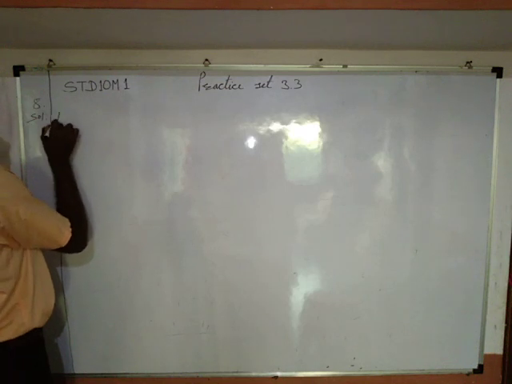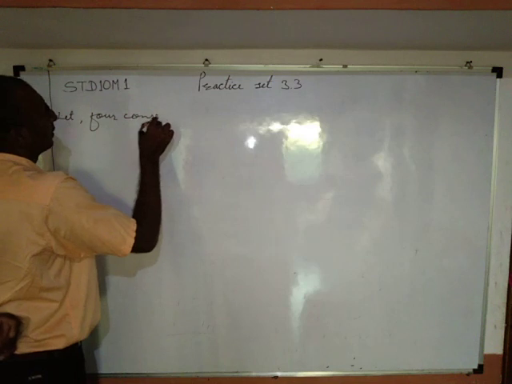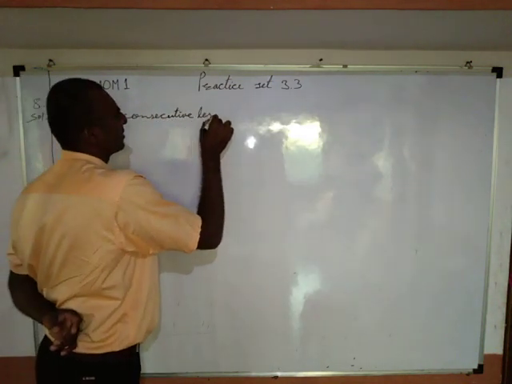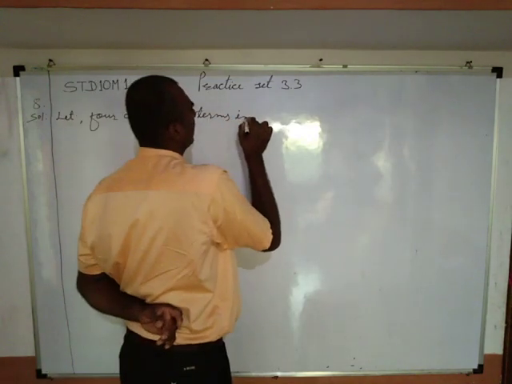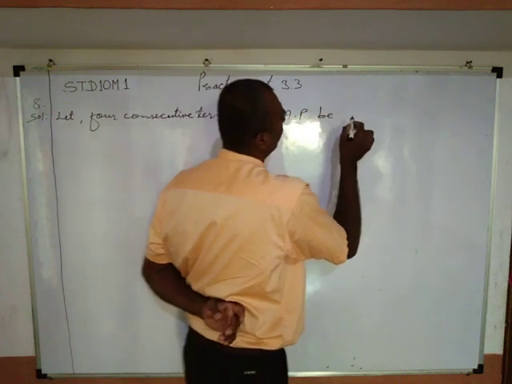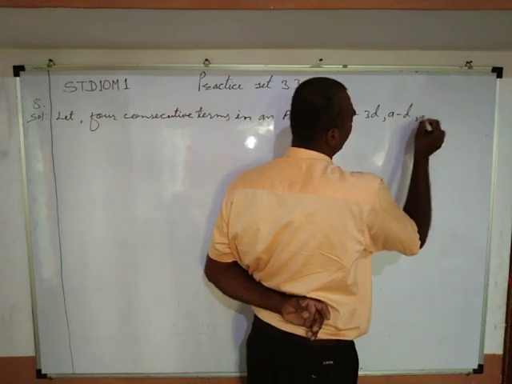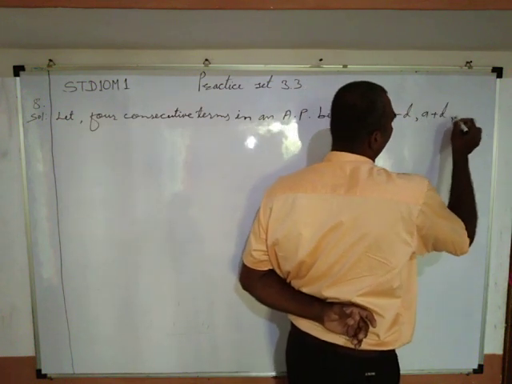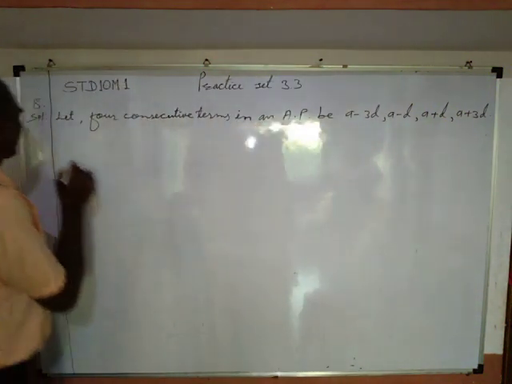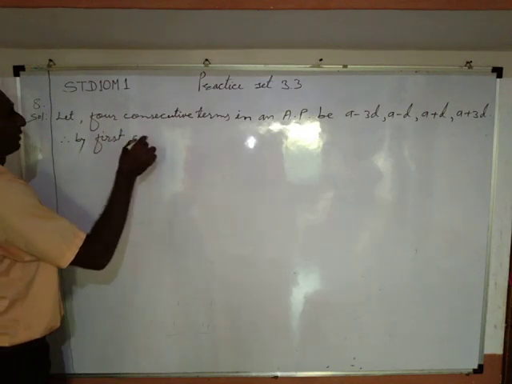Question 8 solution. Let 4 consecutive terms in an AP be A minus 3D, A minus D, A plus D and A plus 3D. Okay. Therefore, by first condition,